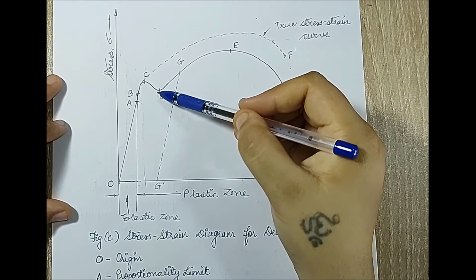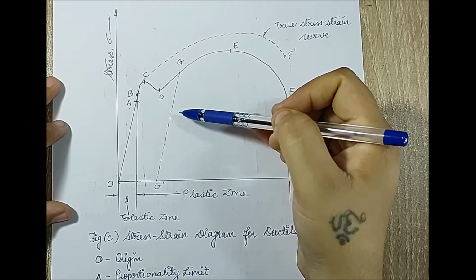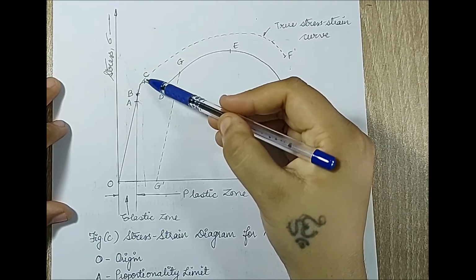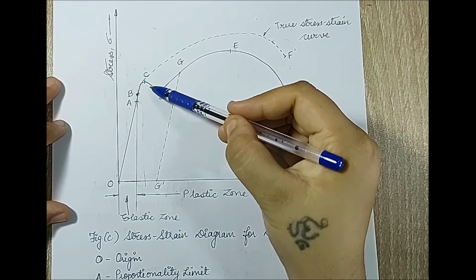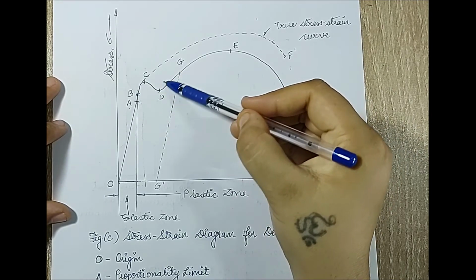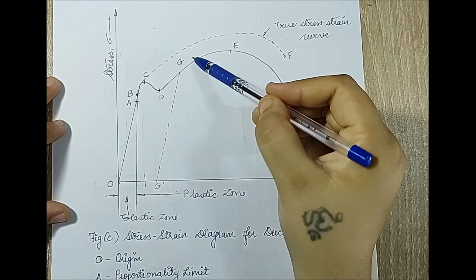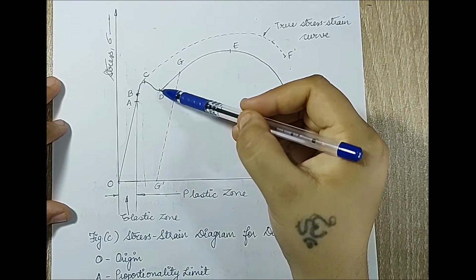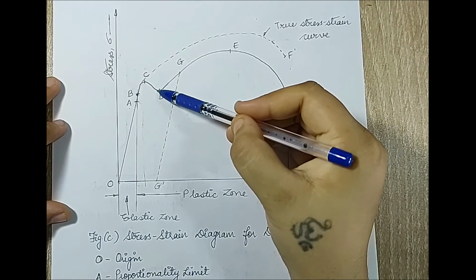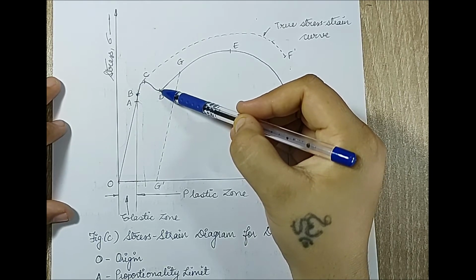Now these points which I have marked are actually a little larger than life, which means they are a little magnified for your understanding. So do not consider these 2 points too far away, they are actually very close. So the C to D and G, when you turn this point, this is actually very close, but I have drawn it a little spacious for your understanding. So from C to D, you will see a slow increase of your strain,